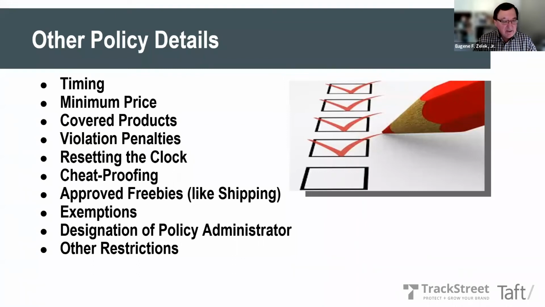What about approved freebies? Free shipping is so common that that's usually included, so that doesn't count as a discount. What are exemptions? Things that we allow for. Target has a proprietary credit card called a red card. It provides a 5% discount. Do you want to allow that? That would effectively give a 5% discount from MAP or MRP. And most people say, hey, if I want to sell to Target, I've got no choice. So then we carve that into it as an exception.